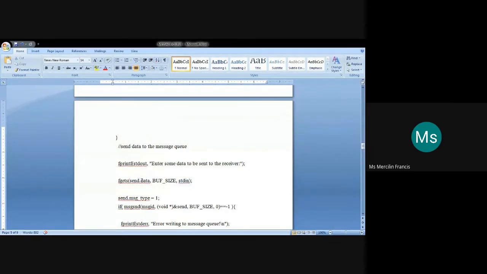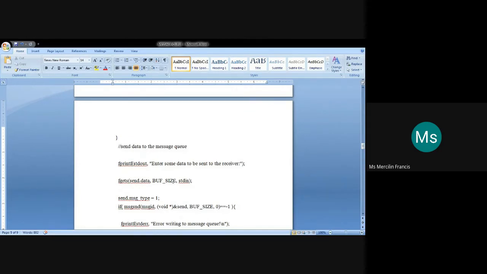So this data belongs to the structure that we have created, and send is that structure variable. The send structure variable is used to access that member of the structure: send.data, with the buffer size that we have initialized as 30. Now what do you need to define? The message type. Here we are in the sender program, so we are mentioning the type as 1. The sender is giving the type of the message that will be sent as 1.